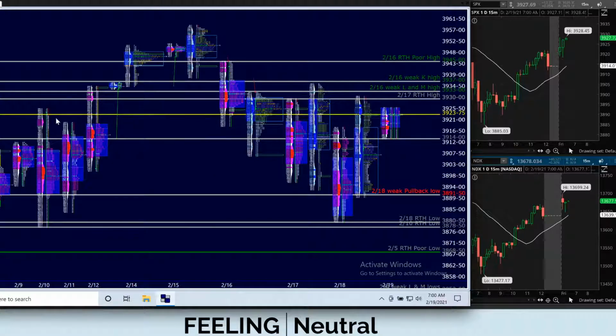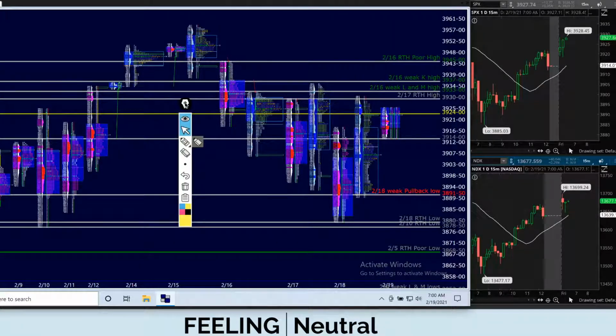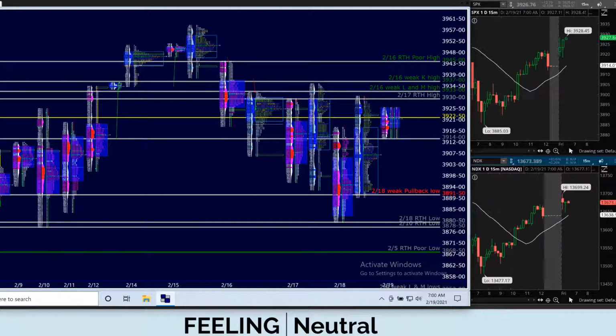We're above this previous balancing area, although you could argue actually we're still kind of inside of it. Let me just try to draw a line around this real quick. So anyway, my point is they had a chance to sell off yesterday. So I think if we open this morning, we find support, we work our way back above yesterday's high. We had the gap fill. Now the market's moving higher. I think the sellers had their chance and they missed it.